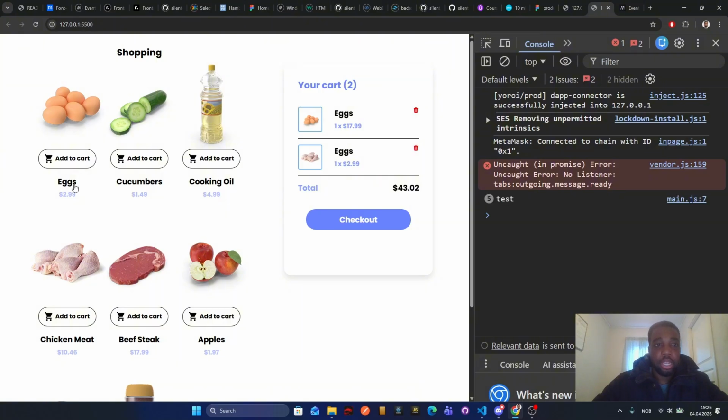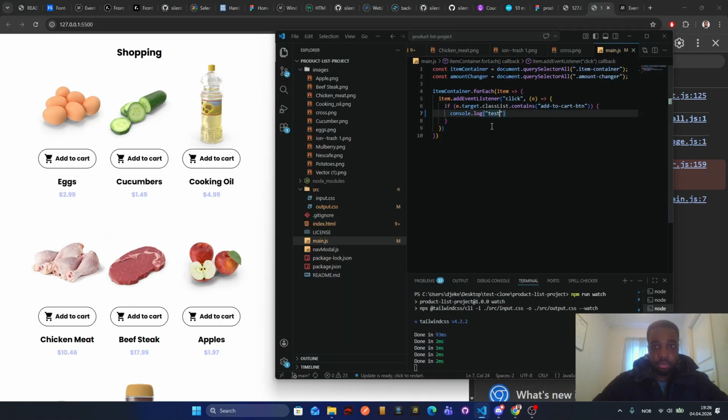Yeah, so it's working here, but it's not going to go here. So this is showing that this is working, right? Because we are looking for this add to cart button. But we need to see if it contains the amount changer, which is hidden right now. But if it contains, so we are clicking this, we want to